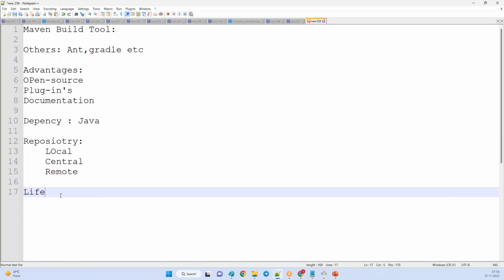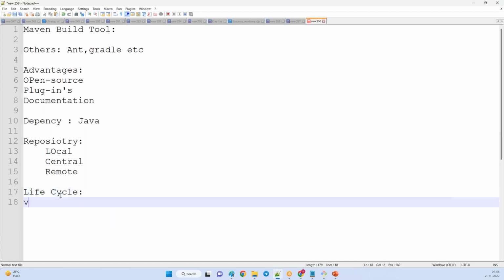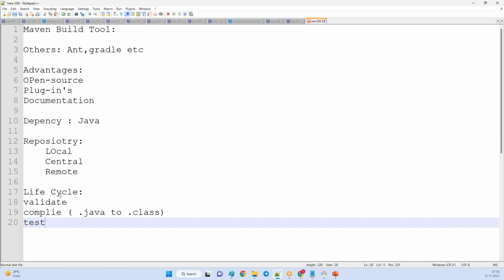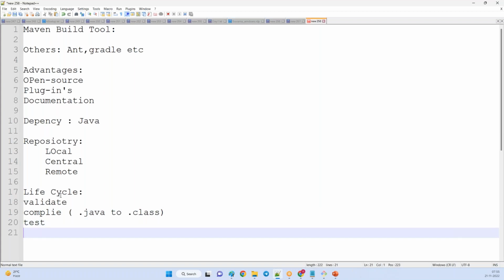So Maven follows a life cycle. First stage, you can validate your code. You can compile your code. Compilation is nothing but converting .java files into .class files. We have the test phase where you can test your code.